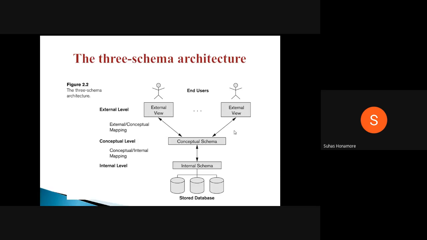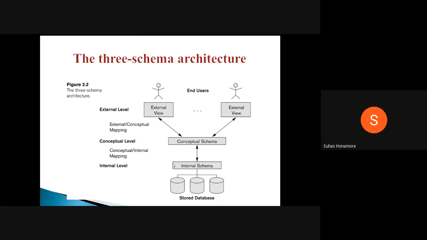Okay. So here is the three schema architecture we already studied. Now we'll go ahead with our database languages. These depend on this architecture. Here we are saying how our database should be, whatever software you are building, how it should be. That is the actual internal storage, and on top of that you have the conceptual design, then the top-level users and how they can see it. So depending on this architecture, to support these three things, different languages came.